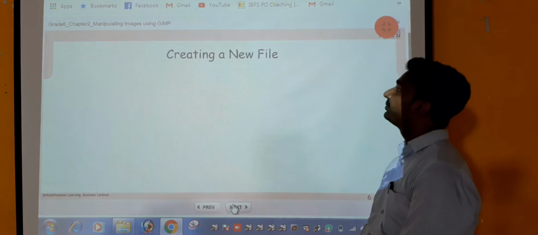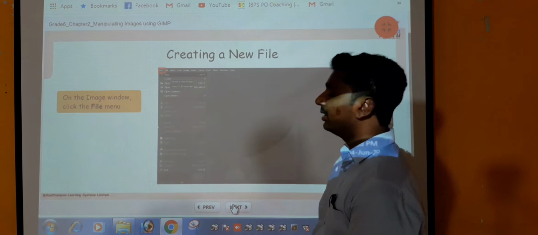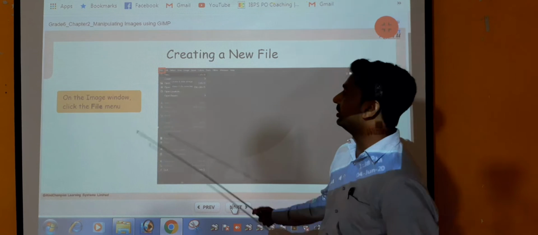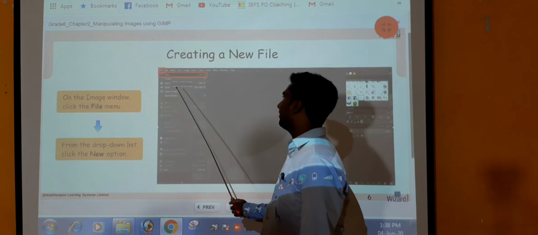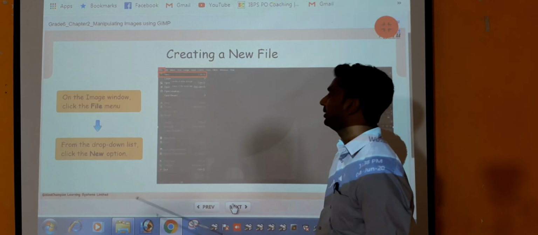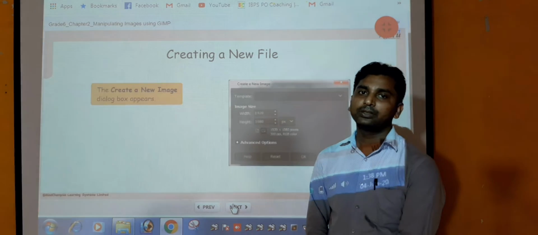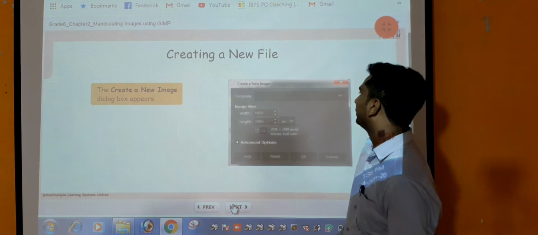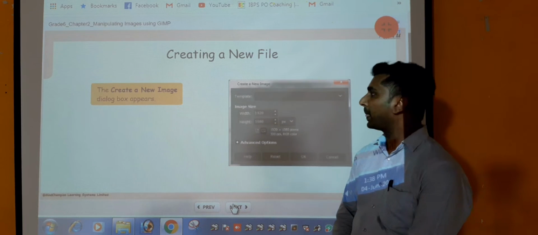Now next is creating a new file. So how to create a new file? First of all, go to the file menu. On the image, click on the file menu. Then from the drop down list, click the new option. This type of window appears on the screen.